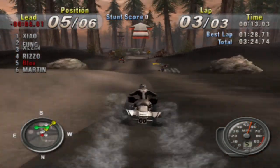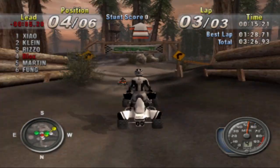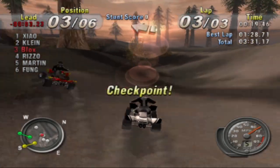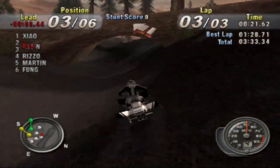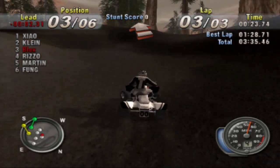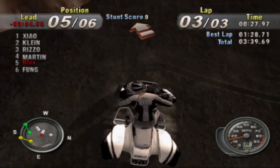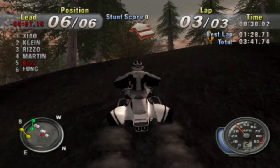Geez, I'm still in 5th. Oh, because you can cut that turn, apparently, and not lose a time like I just did. Whoops. Yeah, that was a case of me not realizing I was using suboptimal routing. I kind of just been following the pack here. I always want to turn harder than I should there. I haven't been as clever as I usually am